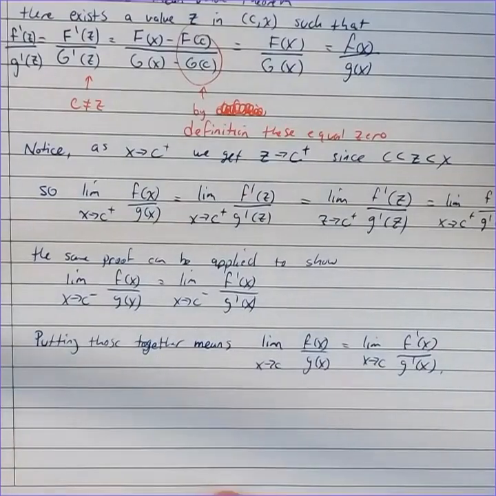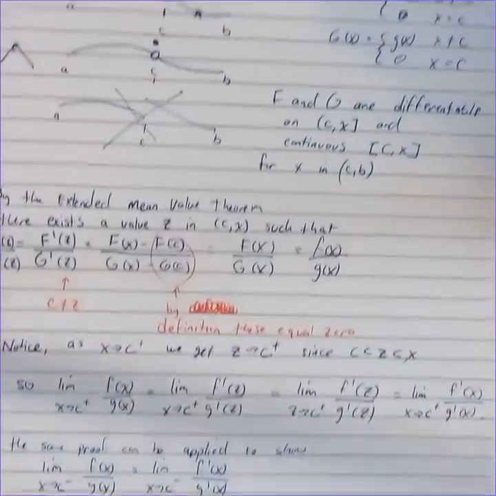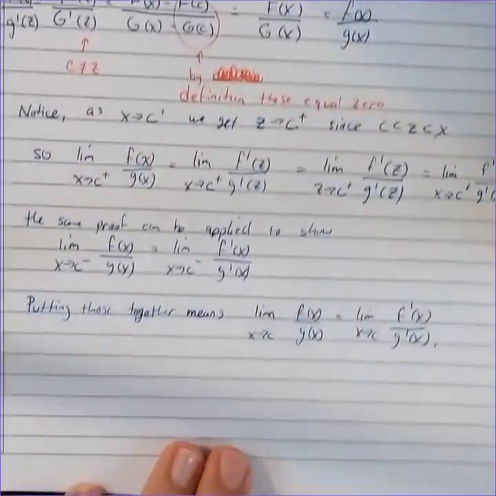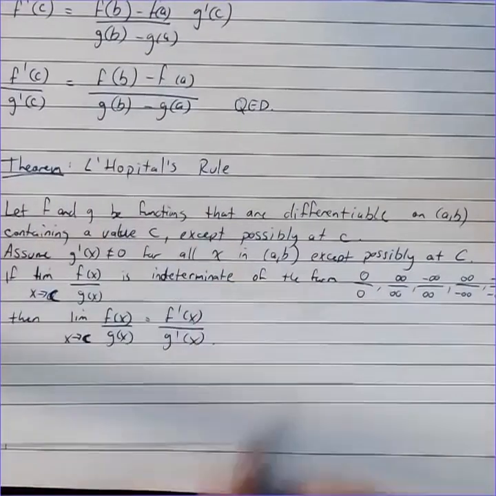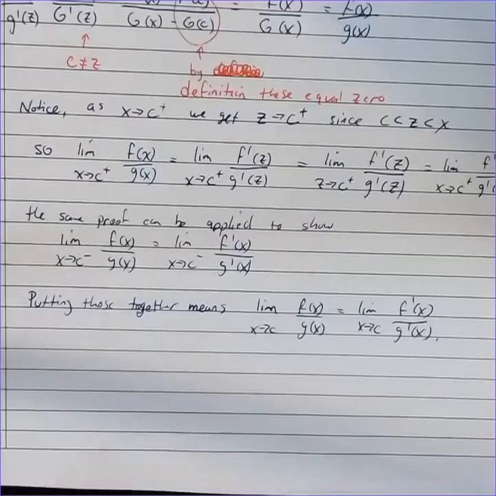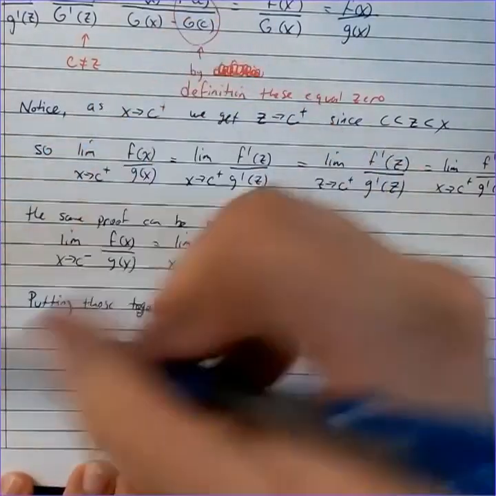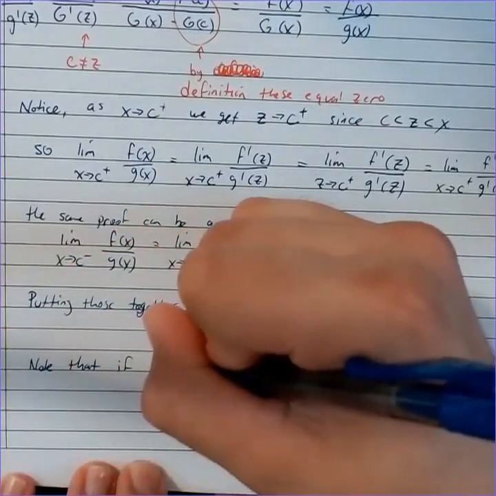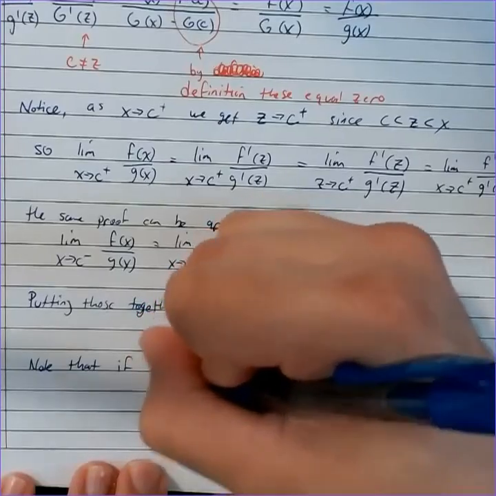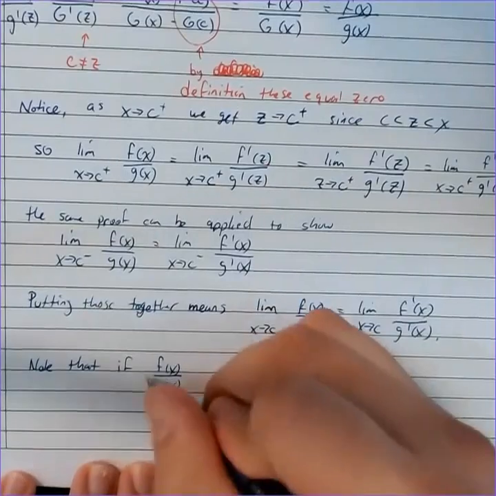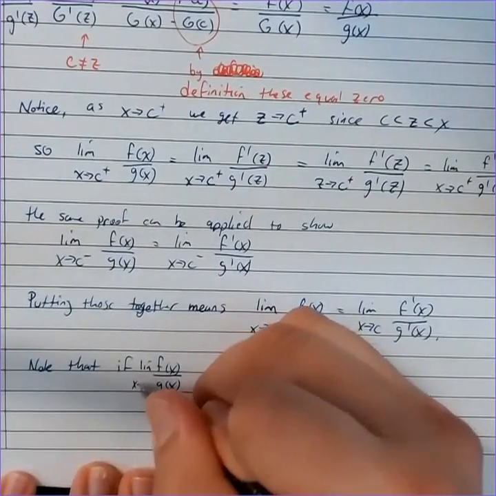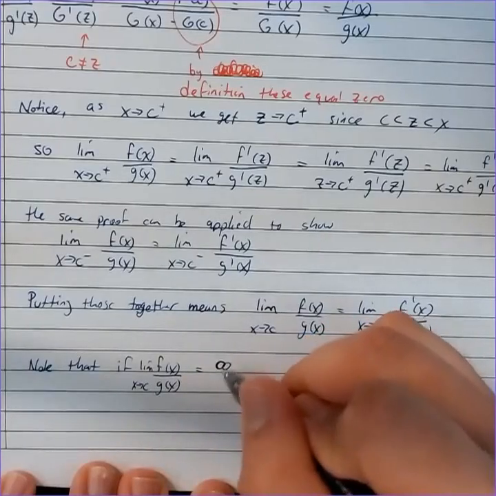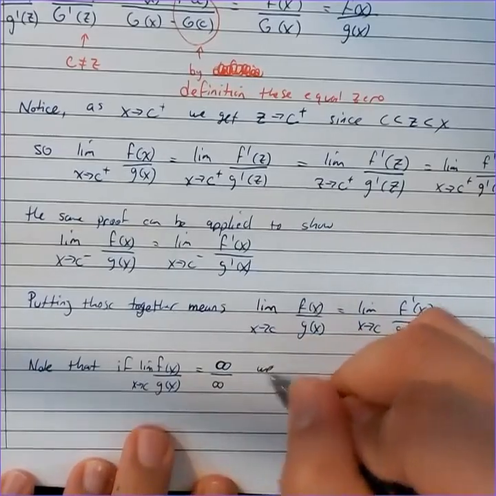Notice this shows you that it's true as long as the limit of the numerator and the limit of the denominator both approach 0. We had other indeterminate forms listed in the theorem as well, namely infinity over infinity. Note that if the limit as x approaches c of f of x over g of x is of the indeterminate form infinity over infinity, we can write